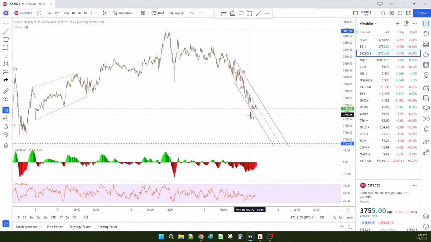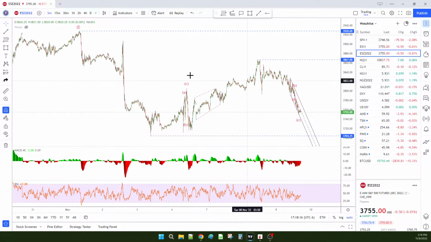So all of this is going to be one wave. One, and then there'll be a correction up, and then we'll come down and eventually break this 37.04. And then when that happens, we'll have 1, 2, 3 up, 1, 2, 3, 1, 2, 3 down, 1, 2, 3 up, and then this will be all one.